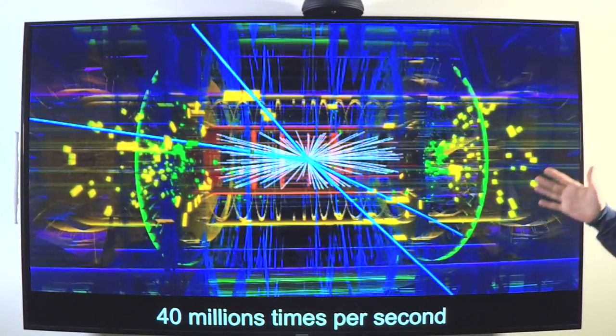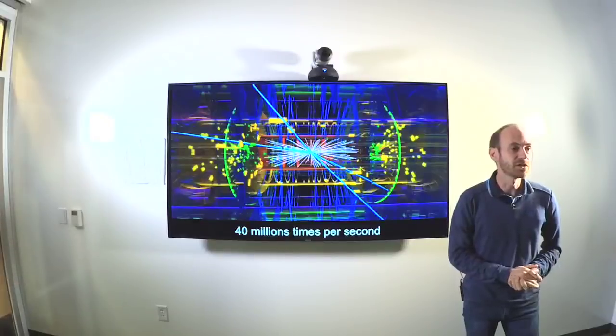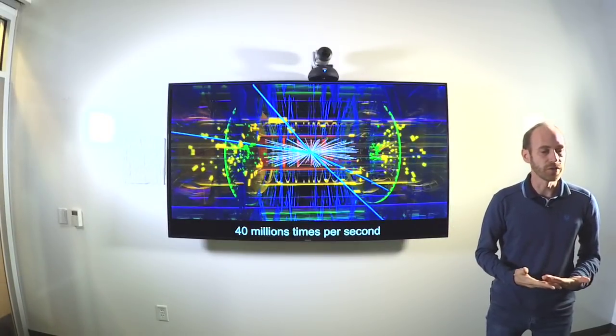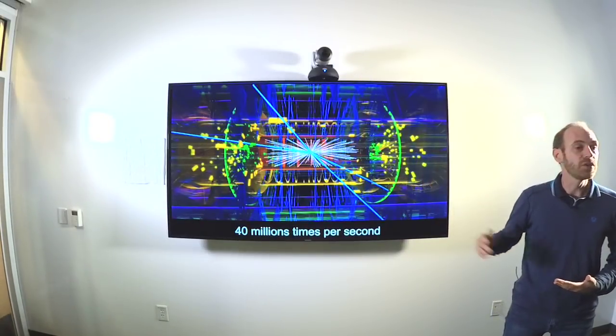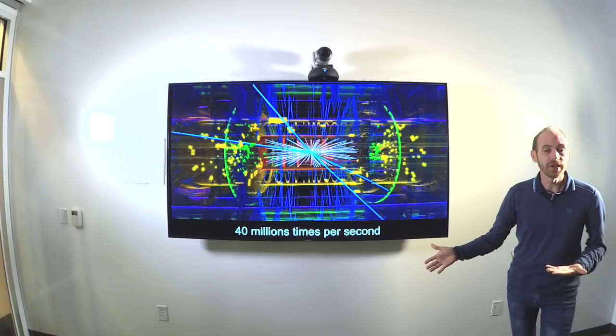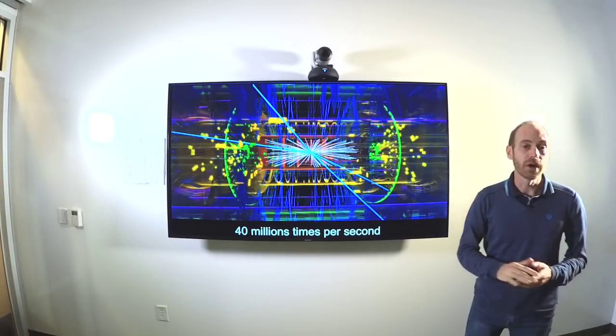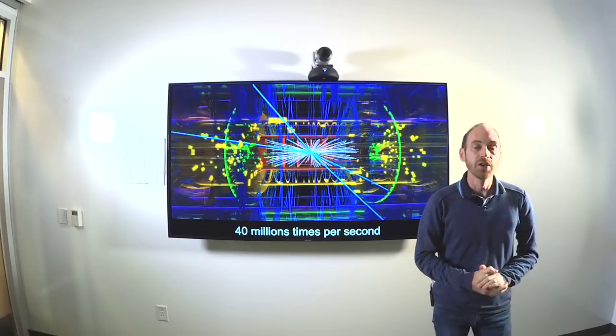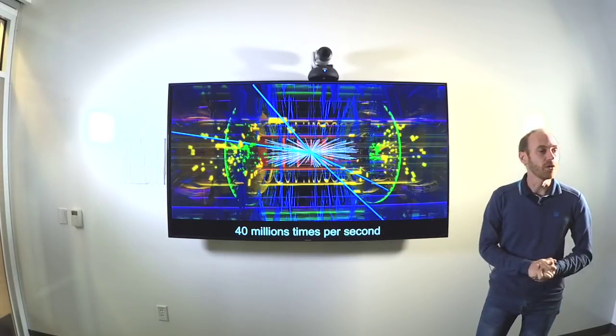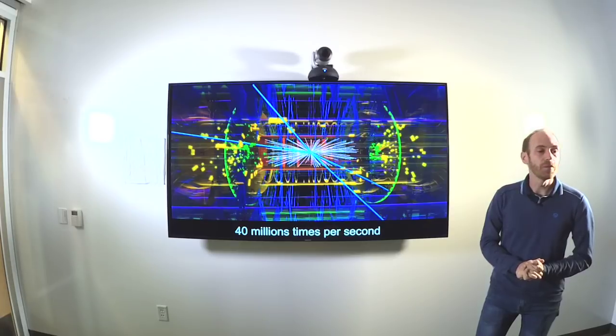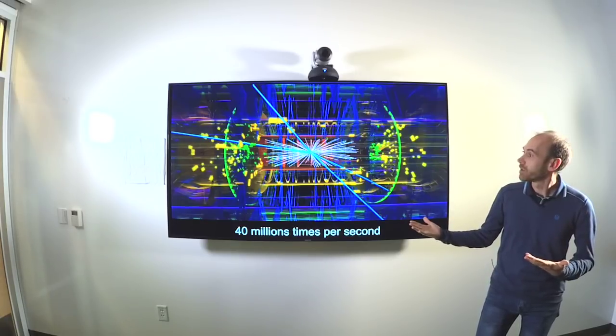So in reality, this animation shows you one particular collision. But given the interactions that we are looking for are very weak, we need to actually repeat this experiment multiple times. We have about 50 million collisions happening every second. We started taking data in 2010, and we are scheduled to take data all the way up to about 2035. So we will be able to collect many, many collisions. And this is key to being able to look for rare phenomena.